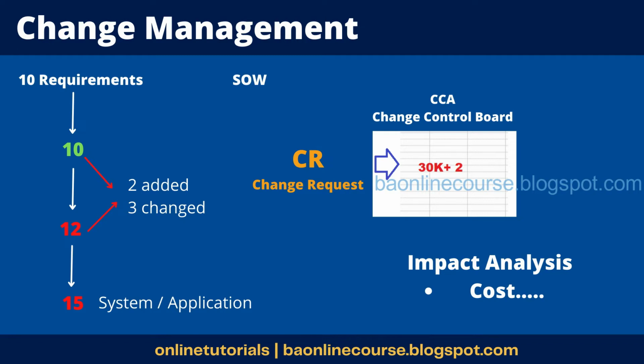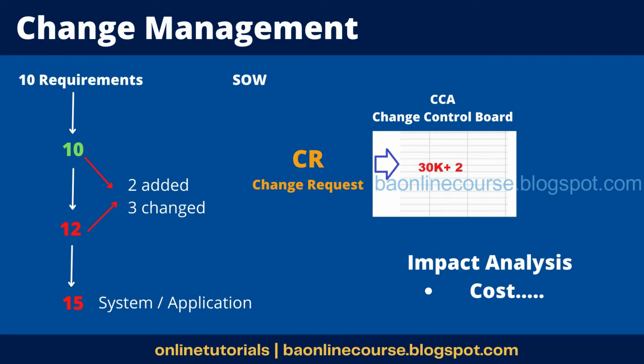A lot of these details are covered. I'll show you the template as well, but let me first explain the process, right? So a CR consists of all these details. Okay. Now, when you ask for the CR, most of your requests would just drop off. So they would say, okay, no, let it be the way it is. You don't need that. Right? All those frivolous requests would just go off, right? So you're cutting down on those frivolous requests coming to you, right?